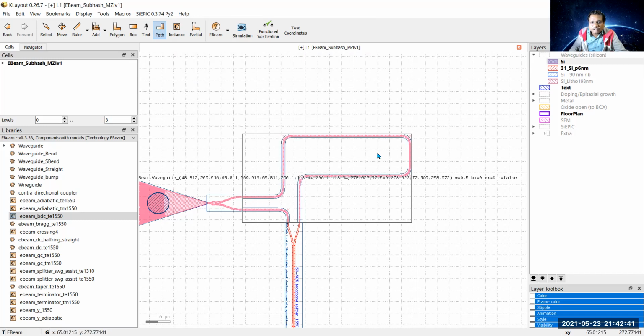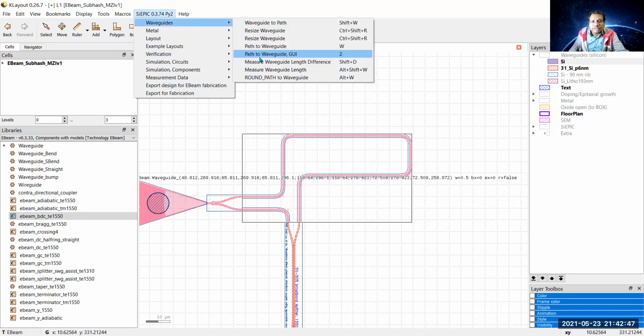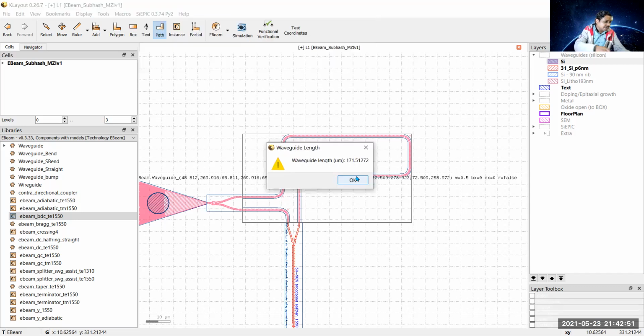So this is L2. Now let us see what is the length of this second waveguide, measure waveguide length. So you see it is 171.51272. So this is the length too.